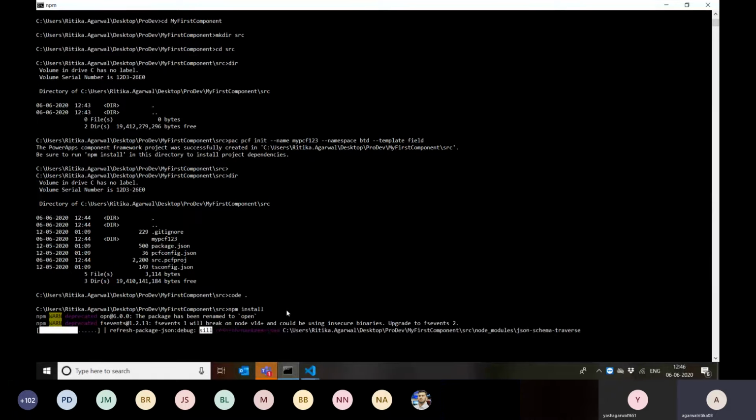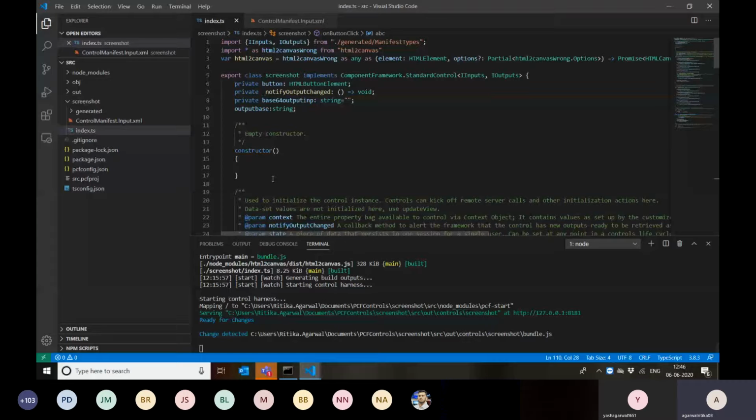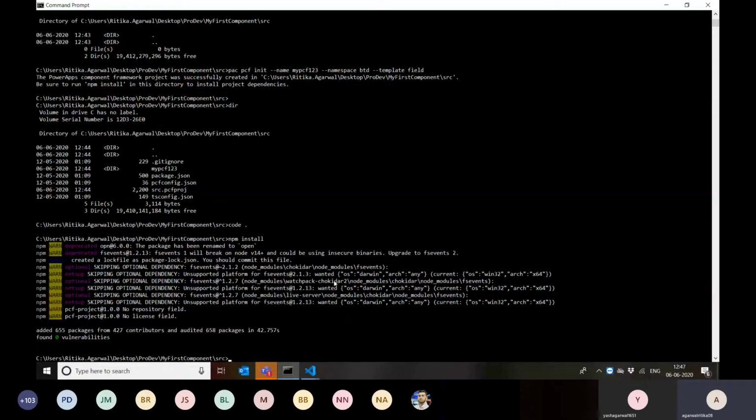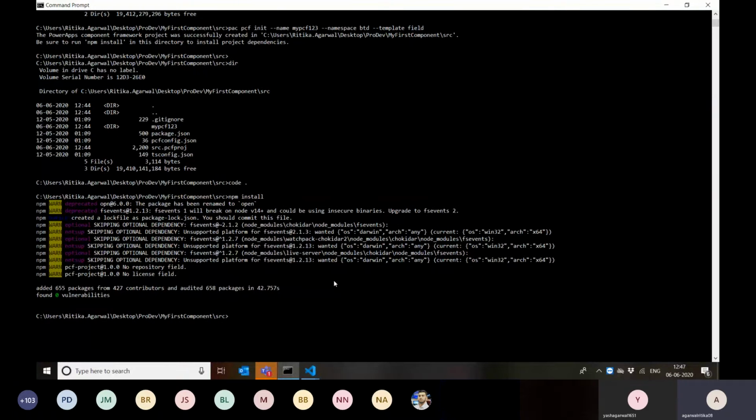I'll be getting to that in a minute, so that we can actually see how it is referenced, or maybe I'll have an example in place already. So yeah, this HTML to Canvas is a third-party npm package, and if we were to import this as part of my index file, I can write something like, okay, import everything as this name from my HTML to Canvas npm package. So that is how you can install third-party packages and reference them in your PCF component. So now my dependencies and everything is installed.